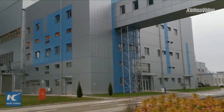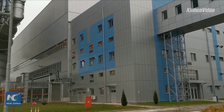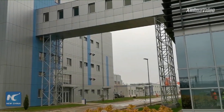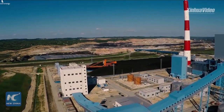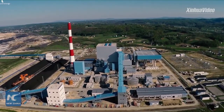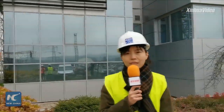And maybe you can have a guess about the function of the building. It looks like a factory. And there is a chimney behind me, and I'm hesitating to call it a chimney because you can hardly see any smoke coming out of it. Actually, this is a thermal power plant. It's the first thermal power plant in Europe built